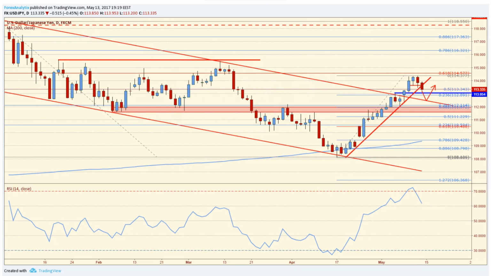The one thing I wanted to point out for this next week, especially, is there isn't a whole lot of data this week in the US. Some of the important numbers: on Tuesday we have building permits. On Wednesday we have crude oil inventories, but that might move more of the dollar Canadian, which is also up against some pretty key resistance. We also have weekly unemployment claims, and so there's not a whole lot of data coming out in the U.S.